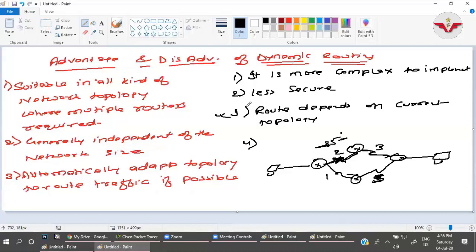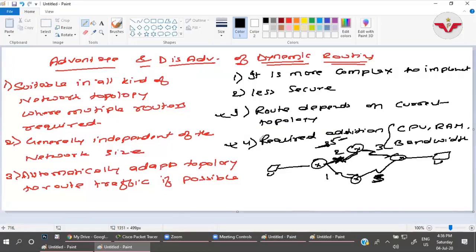But here they are sharing the routing information with each network. That is why it requires additional CPU, RAM and bandwidth. In dynamic routing protocol, it requires additional CPU, RAM and bandwidth because they are sharing their information with each other automatically. So these are the advantages and disadvantages of the dynamic routing protocol.